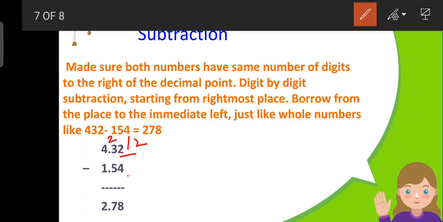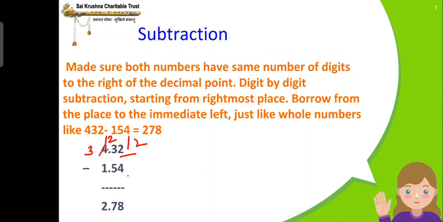And since you have given the borrow, it is 2 here. So 2 minus 5, can you do? No, right? So you have to take a borrow from 4. So the 4 becomes 3 and this becomes 12. What is 12 minus 5? It is 7. 3 minus 1 is 2. Did you all get it, children? It is just like the way you do it for whole numbers or natural numbers. But here a point is there, therefore you have to keep a point here. After how many places is the point? From the right side, it is after 2 numbers. Therefore, in the answer also you are supposed to keep a point after 2 positions. Is it clear, children?